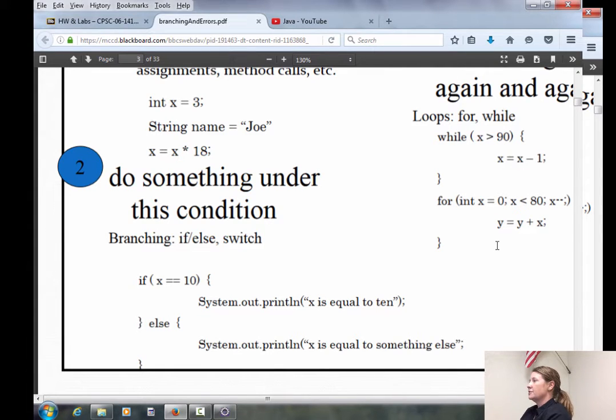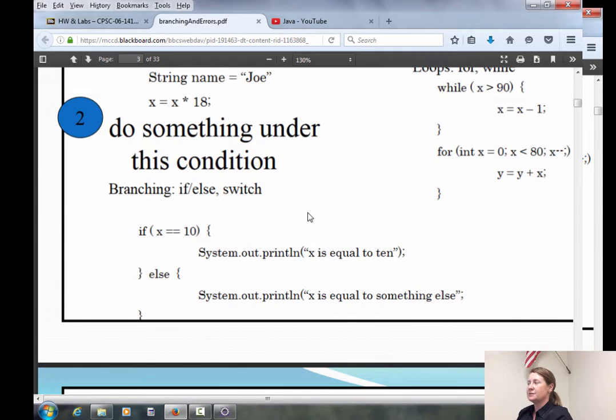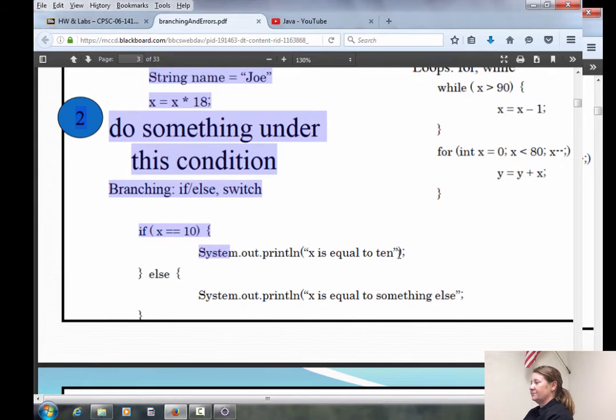All right. Here's a first look at a branch and what a branch looks like. I bet you can read it because it makes logical sense when you look at something like this. What do you think this branch is doing? Just by looking at it, you can kind of tell what it's doing. Okay, if variable x, which isn't a very good variable name, but okay, has the value 10 inside of it, or x is equal to 10, then we print out the line x is equal to 10.